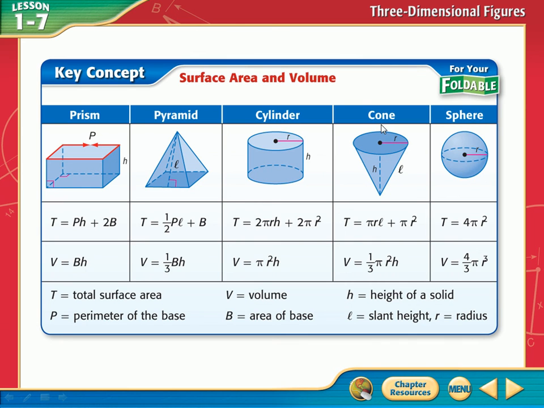Look at a cone. The cone has a height and a slant height. Look at the difference. The height goes from the center straight down to that vertex. Do you see it? That height is perpendicular to the base. Look at the L. The L is slanted, isn't it? That's why they call it the slant height. Makes sense, doesn't it?